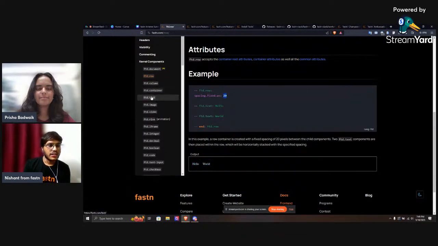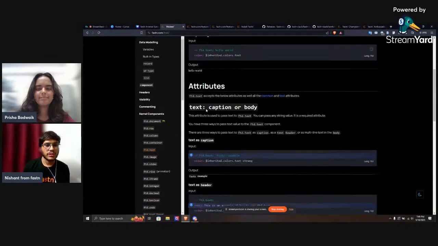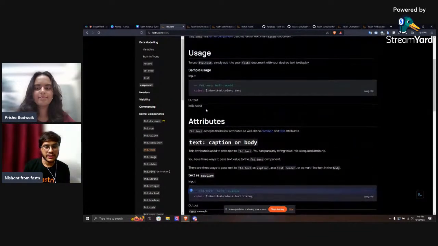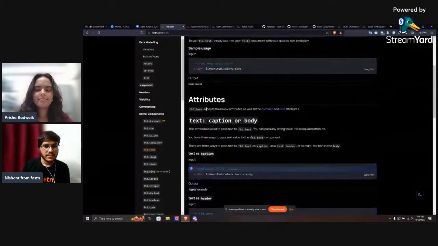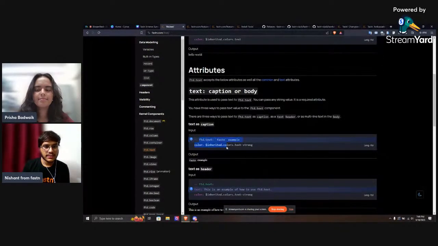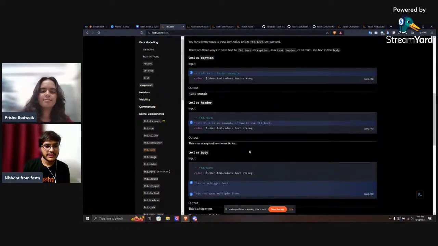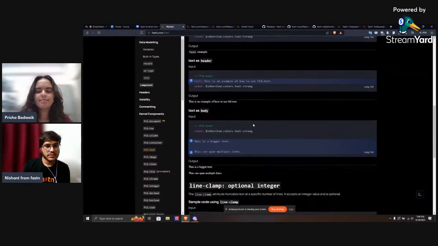Then we have ftd.text. This is a simple attribute that you can use to write the text, and you can also define the colors via our components and predefined templates. So as you can see, ftd.text, FastN example, so it should show the exact text in the output too. All right, so yeah,